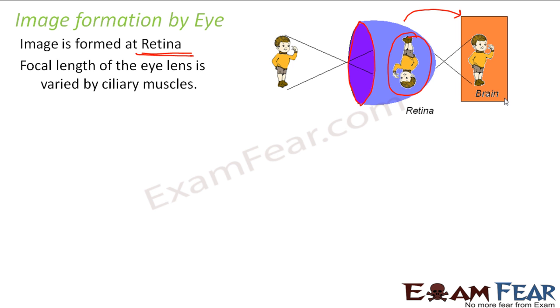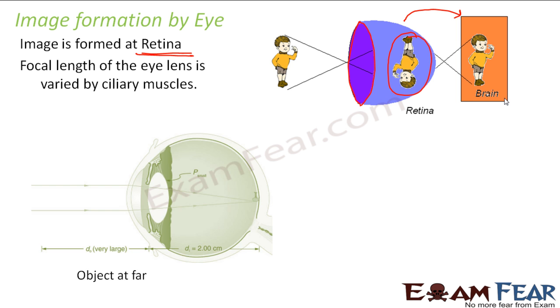Now, as I mentioned before, the focal length of the eye lens is varied by the ciliary muscles. So ciliary muscles play a very important role in the functioning of the eye. If the ciliary muscles are not working properly, or if their flexibility decreases, then the functioning of the eye also gets affected. So now I'll tell you the significance of ciliary muscles in the better functioning